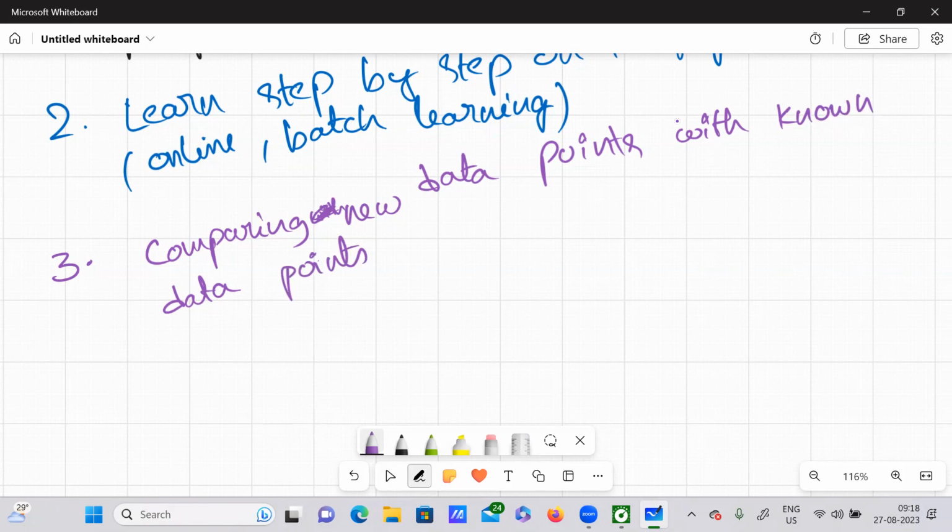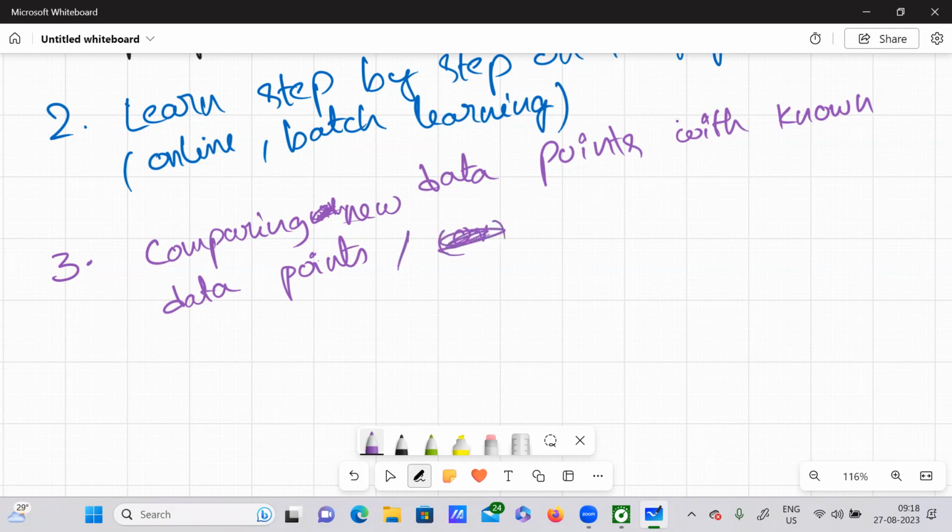Okay, so based on this, these have been classified as, see, the classification here is we will compare new data points with known data points,